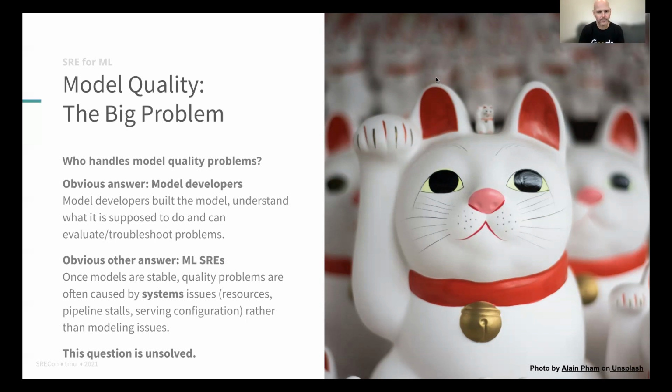This doesn't work that well in machine learning. So the obvious answer is we try to make model developers responsible for this. They certainly are in a position to troubleshoot it. And certainly many of the causes of model quality problems are due to model developer errors or model developer choices. However, and here's the unfortunate thing, once models are stable, what we find when we look at the situation,